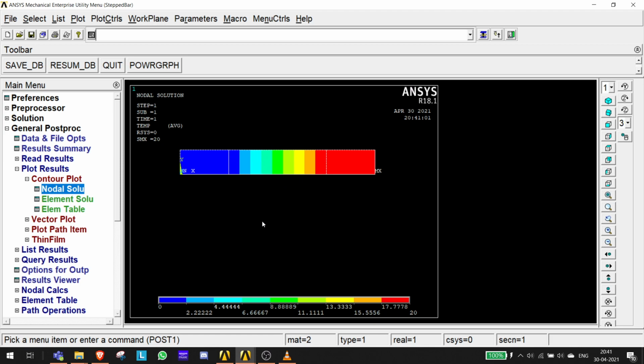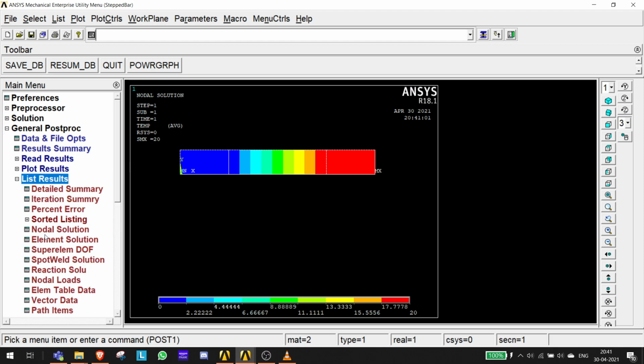So that was all for the third practical. And yeah, if you want list results, you can do the same thing as mentioned in the previous two. Go to nodal solution and take the temperature, and the elemental solution and take the temperature. DJ Sanghvi guys, you will need to screenshot this and the thermal flux which I showed for the practical if you want to upload.